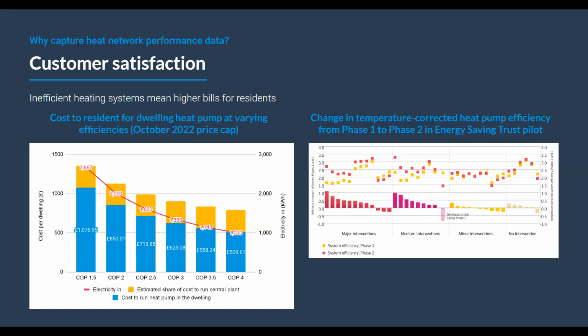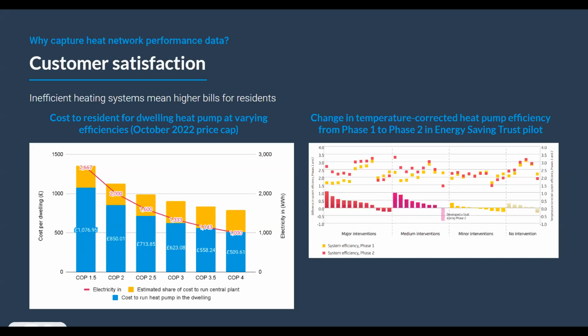We could spend lots of time looking at this study, but we just don't have time today. The thing to note here is that the average performance of a heat pump is much lower than the COPs you see commonly quoted by heat pump manufacturers. Often a manufacturer will quote 3.5 or more, but here we can see that the performance is much closer to a COP of 2. This can be improved by data-led interventions, but the point I wanted to get across here